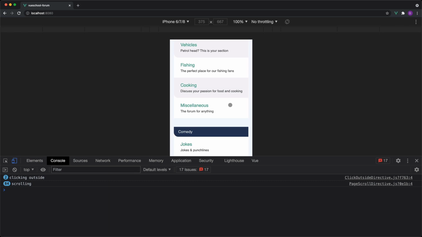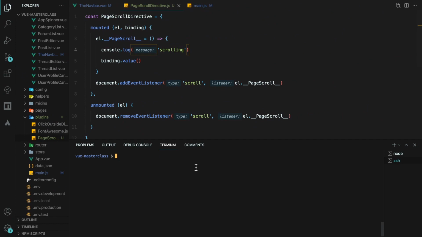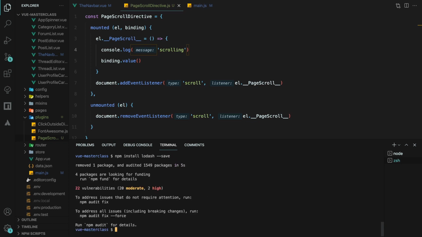Since debouncing is a common need, there are plenty of libraries out there that handle it. I'm used to using the debouncing function from Lodash, so let's install that. I'll install it by typing npm install lodash --save. For those of you not familiar with Lodash, it's a popular JavaScript utility library that provides a wealth of utility functions. You may be thinking, why in the world would you install so many utility functions when all you need is a single debounce function?